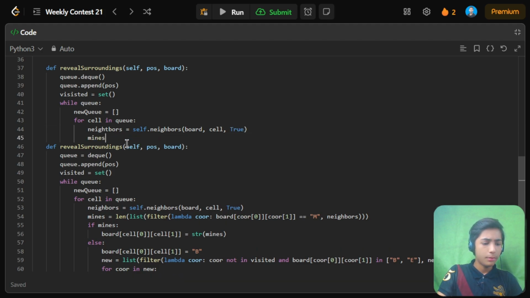Now mines equals, here we find the length of our filter, lambda and then cor, board cor 0, and then what we want to do now, here we define cor 1 equals m comma neighbors,